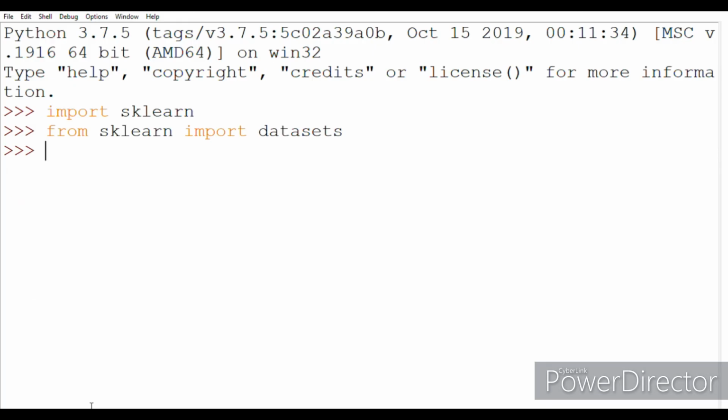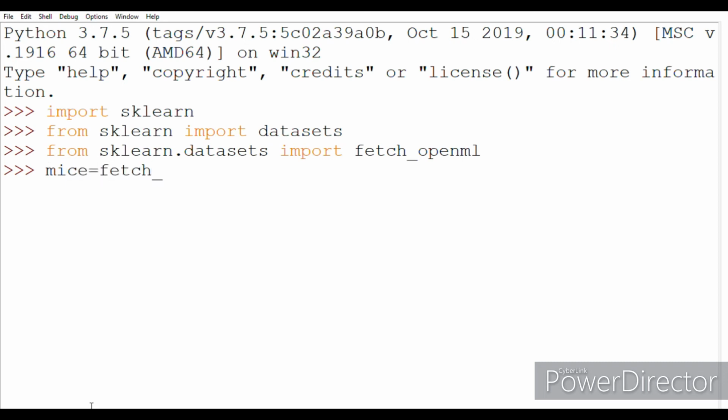So we import sklearn, and from sklearn we import our datasets, and after that from sklearn dot datasets we import fetch open ml. After this we need to give a name to a variable, and we'll write fetch underscore open ml, and here